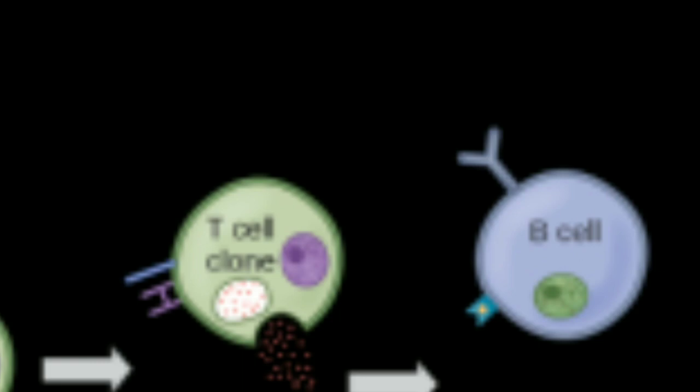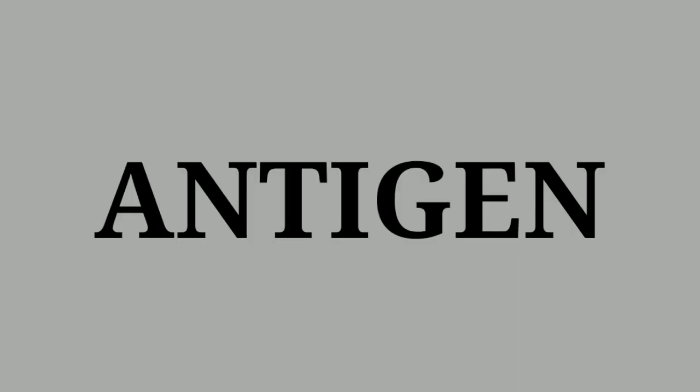Now with the help of interleukin 4 and 5, these B cells start making Y-shaped antibodies. The piece of the virus which was presented from the macrophages to the naive T cells and later on to the B cells is known as the antigen. And the antibodies are those which are made as a result to kill these viruses.